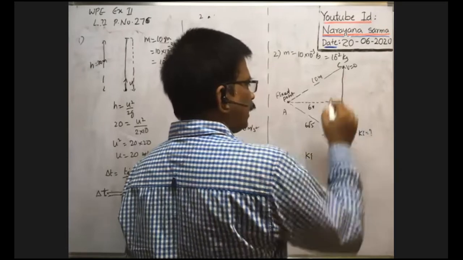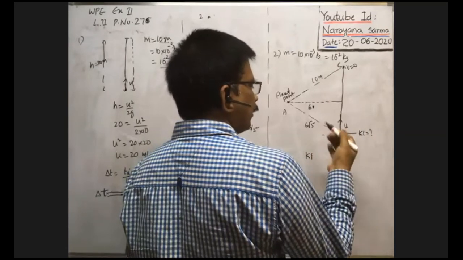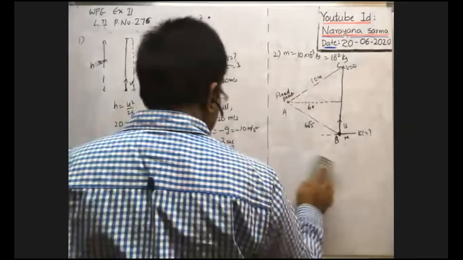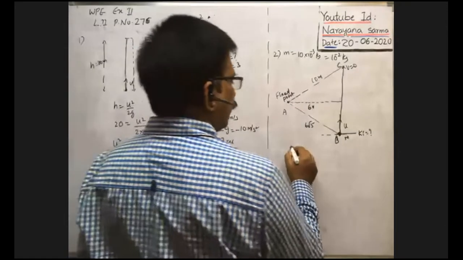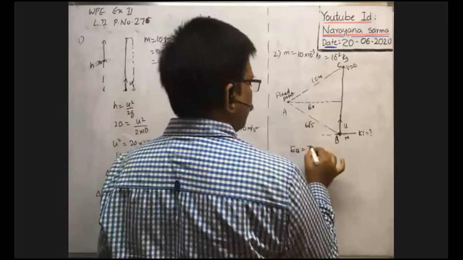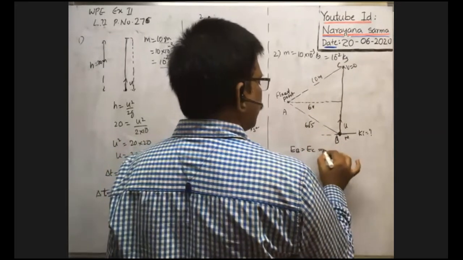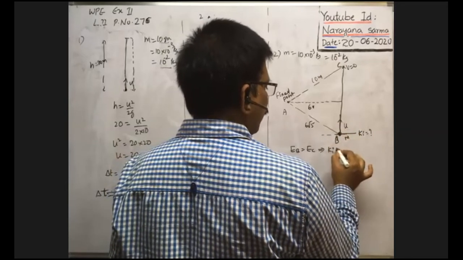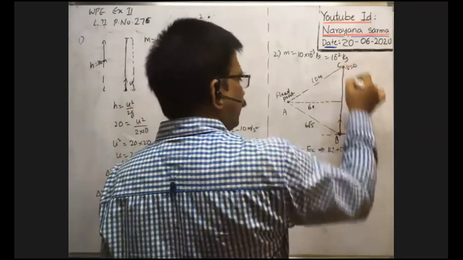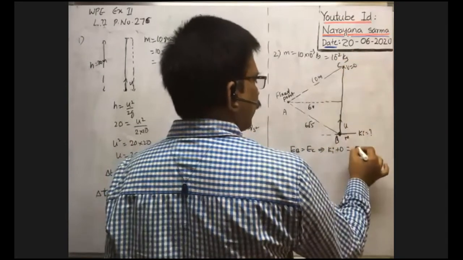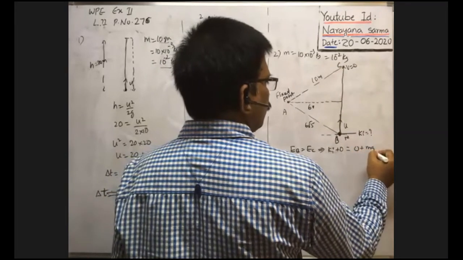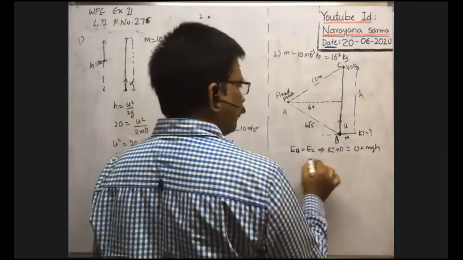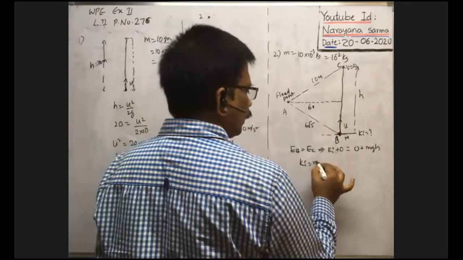In case of a vertically projected body, total energy of a body remains the same at every point, no? That's why total energy at B is equal to total energy at C. Total energy at B is the initial kinetic energy only, potential energy is 0. That's why Ki plus 0. Total energy at C: because it is the highest point, kinetic energy is 0, plus potential energy is equal to mgh, where h means maximum height reached by the body. Therefore initial kinetic energy is equal to mgh.